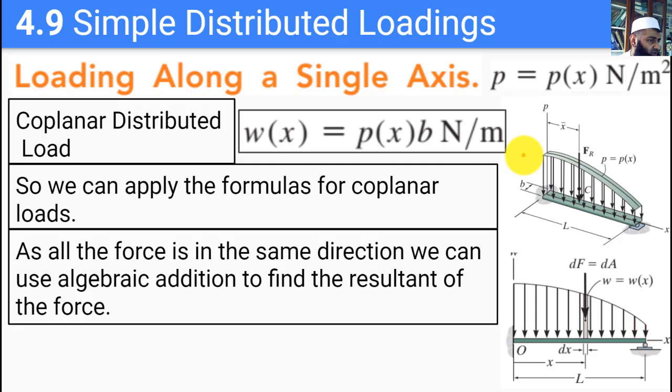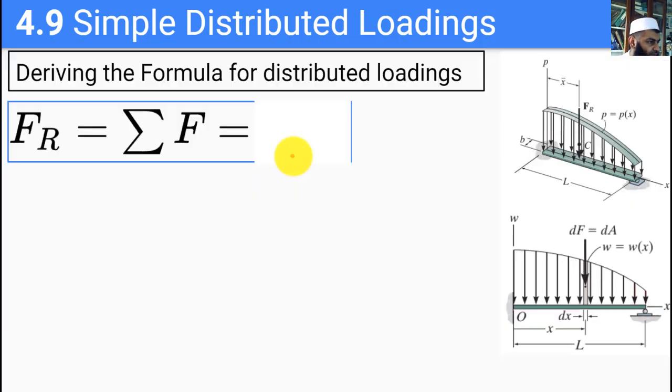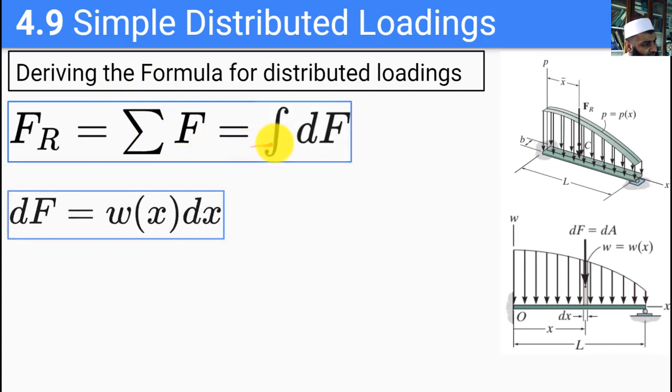Now we want to derive the formulas for the resultant force and this point x bar using the w function. We are just going to extend the formulas that we saw previously. Previously we had that the resultant force was just the sum of all the forces, and this was a discrete sum, so to say, but now we have an integral over all of the very small force elements.